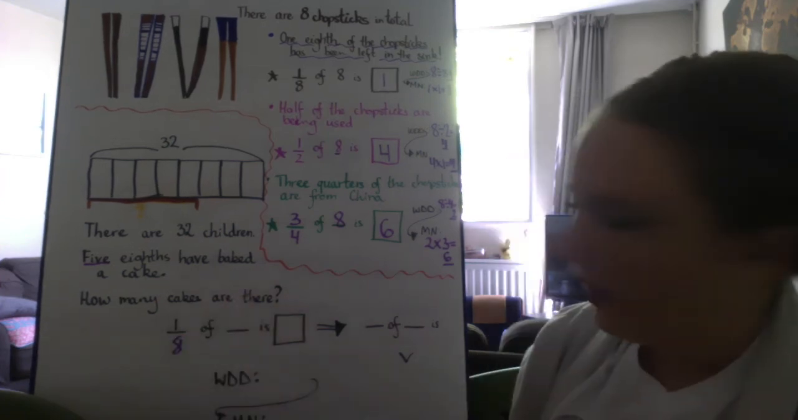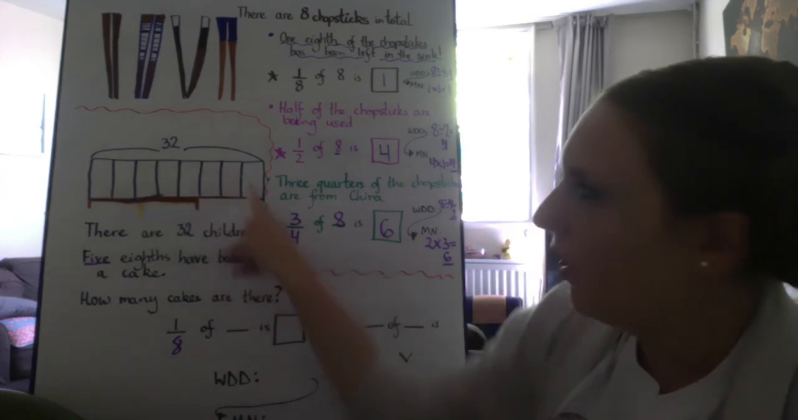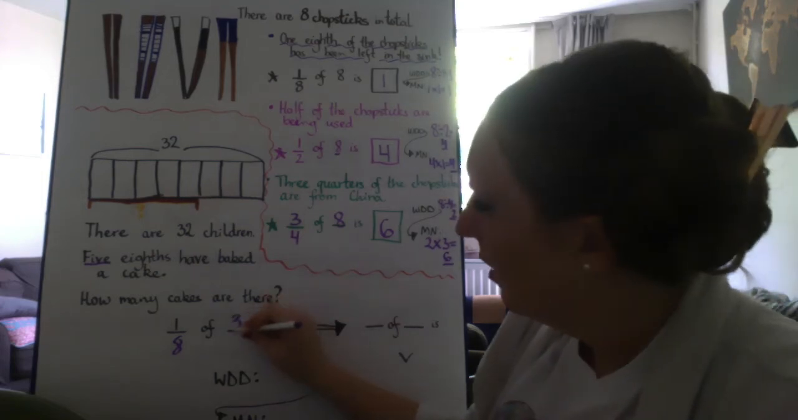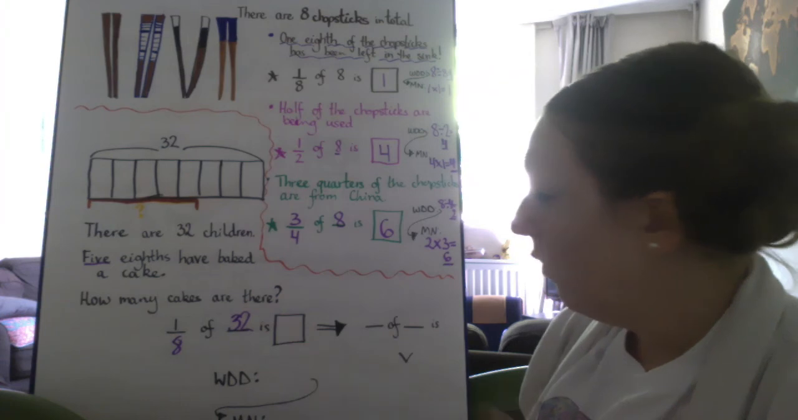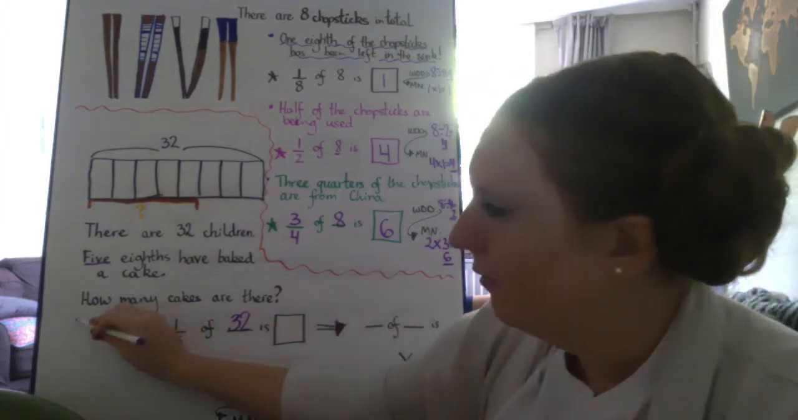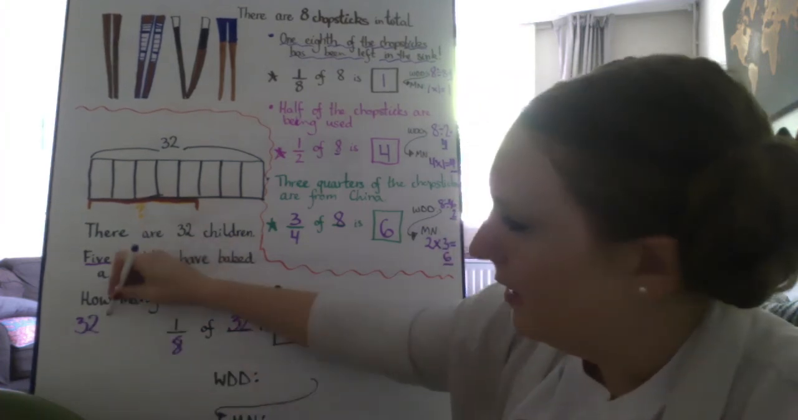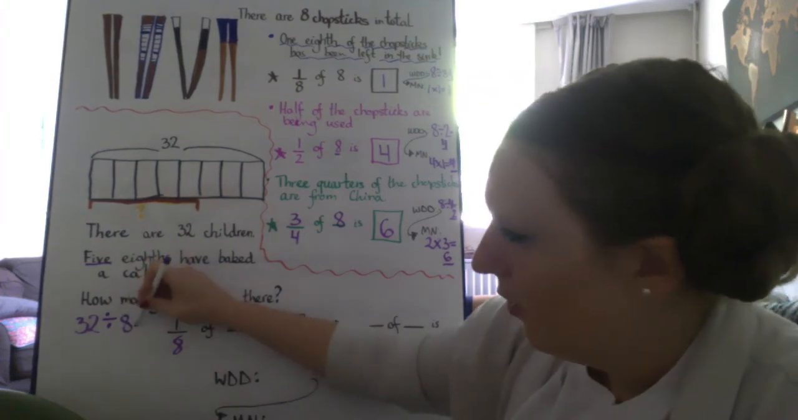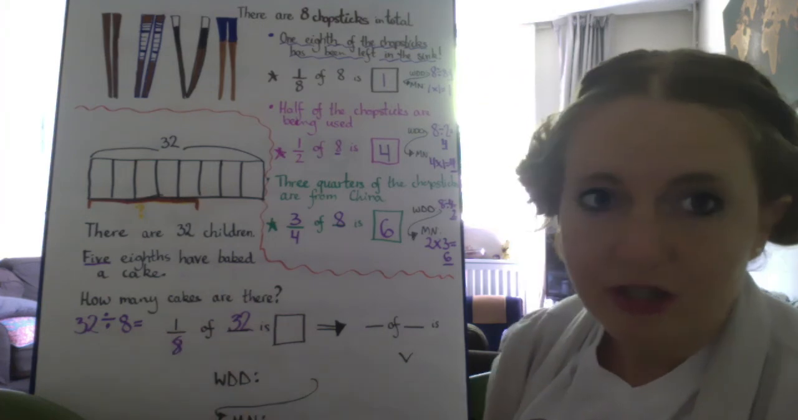So 1/8 of my whole, what's my whole number? Remember, this is the whole thing all together. It is 32. 1/8 of 32 is, so we can do WDD here as well. So 32 is my whole, W, D, divide, D, denominator. 32 divided by 8. Now you might need to use some grouping strategy here,